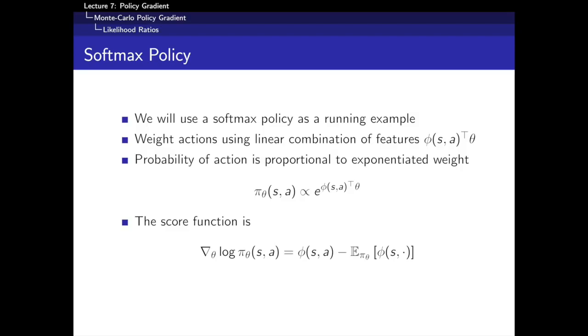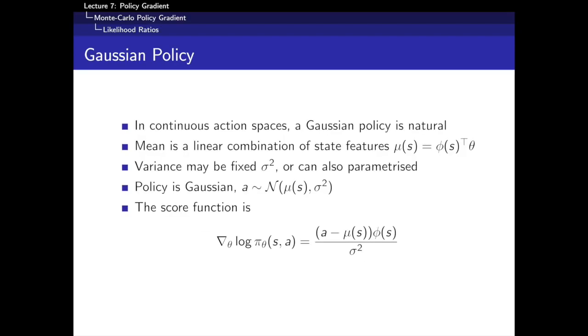Okay, so this is the softmax policy. I just want to give one more example of policy, which is the Gaussian policy. So in a continuous action space, like the AIBO example, the commonest policy to use is a Gaussian policy. And what do we do with a Gaussian policy? Well, we basically just parameterize the mean of this Gaussian,